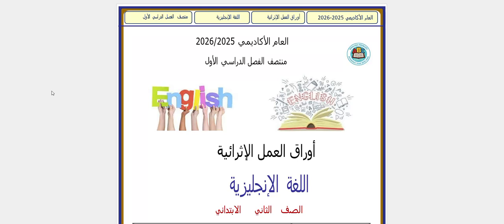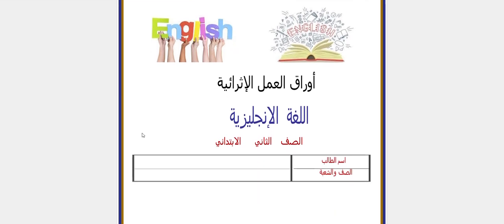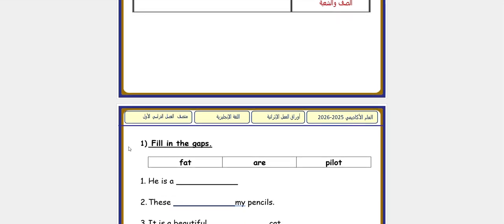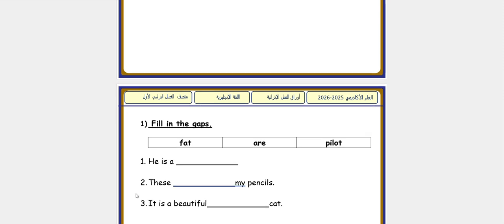Today we will talk about enrichment practice for grade 2 midterm exam. First, we start with the first question. Question number 1. Fill in the gaps. We have number 1, 2, 3, and we have 3 words. We have to fill in them in these